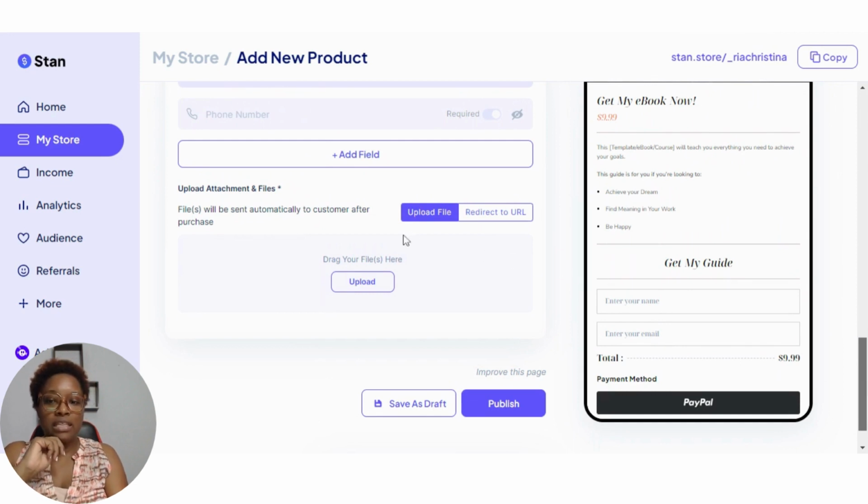All right. The other thing is it's very important that you upload your file or you redirect to a URL. So with your ebook, you are now going to select to upload the file or to redirect to a URL in order for them to be able to get access to the file for the ebook. So I'll go ahead and click on upload. And once I click on upload, I'm just going to pick any regular file here. And once I pick a file,